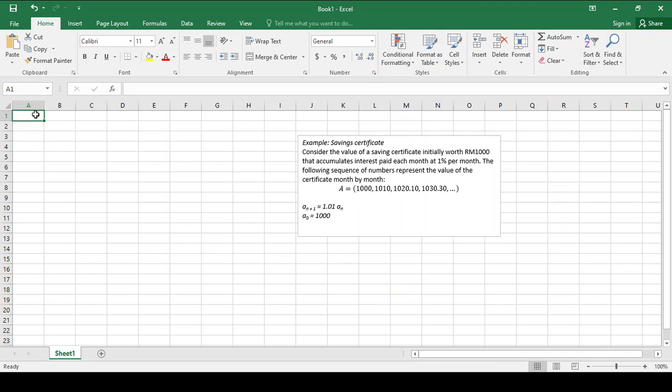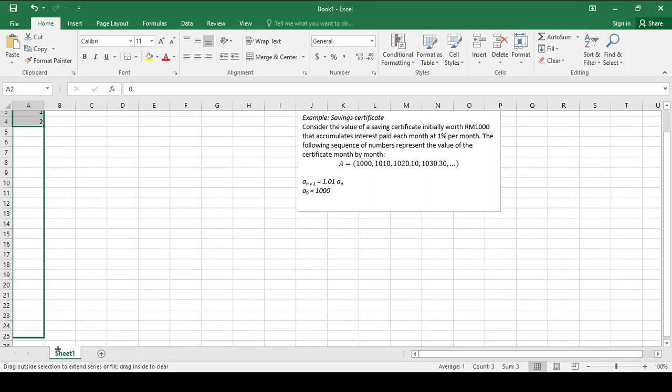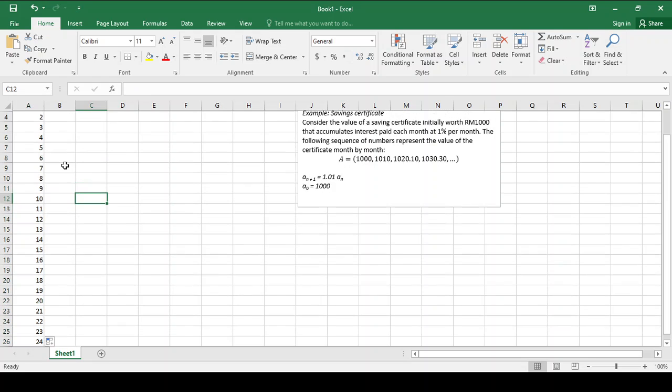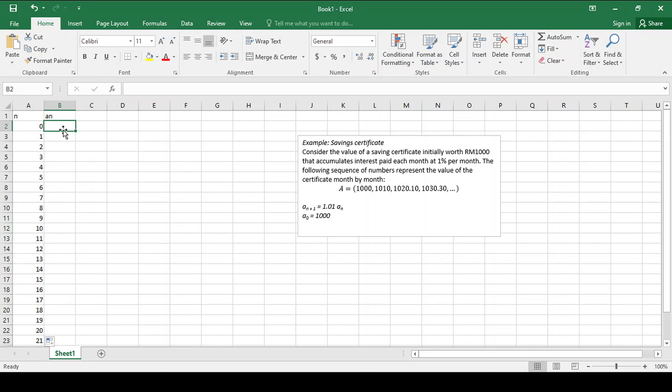Let's consider n as month and a_n be the amount of money in the certificate after month n. So we start with the initial value a_0, followed by 1, 2. Let's try to find the value up to month 24, and so here the initial value is 1000,